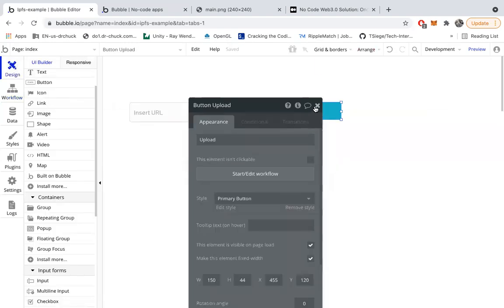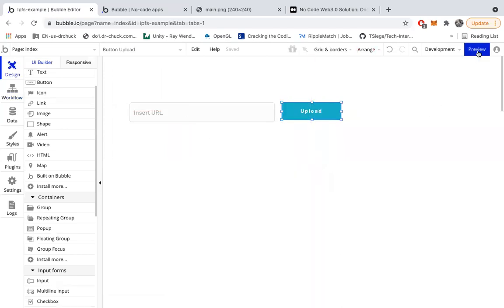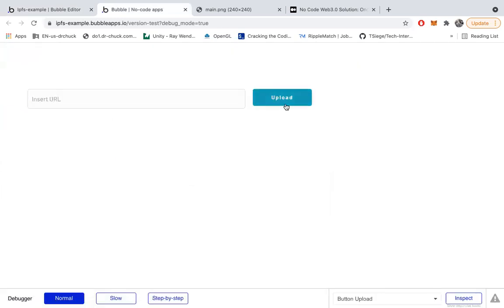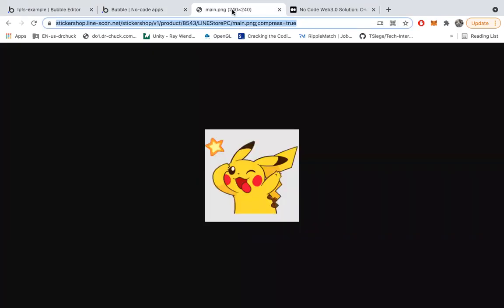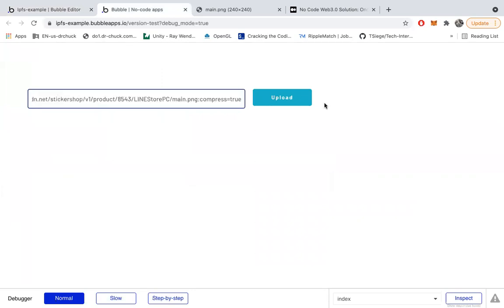Great. So we add the functionality, and let's go ahead and preview it. So this is our page. Let's try uploading a file onto IPFS. So I want to do this one. Okay. Let's click it over here, paste it in, and let's upload. Okay, and it's done. Yeah, so basically, I know that you're probably thinking that nothing has happened.